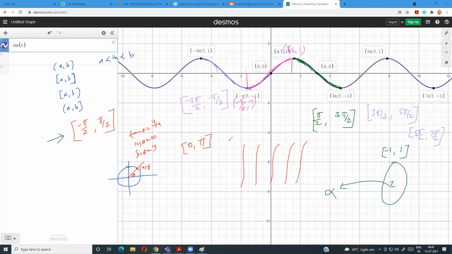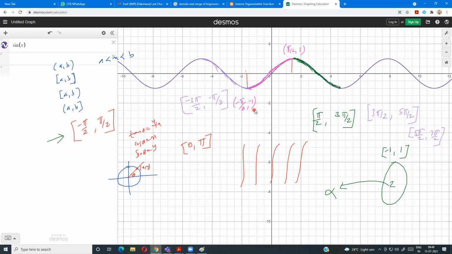अंडरस्टूड? इसका लेंथ कितना है? इंटरवल का लेंथ. 3 pi by 2 minus pi by 2, 2 pi by 2. So 2 pi by 2 मतलब pi का लेंथ, isn't it? हाफ pi नहीं, pi का लेंथ आ रहा है ना? Yes, sir. So now the main thing is, these all intervals, if you consider intervals like -3 pi by 2 to -pi by 2, -pi by 2 to pi by 2, pi by 2 to 3 pi by 2, or 3 pi by 2 to